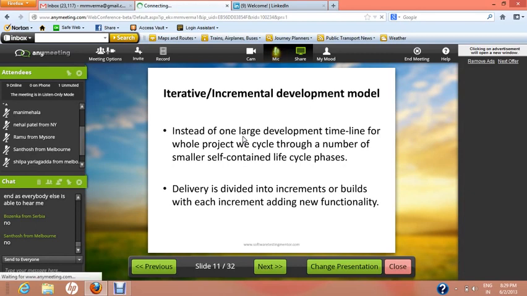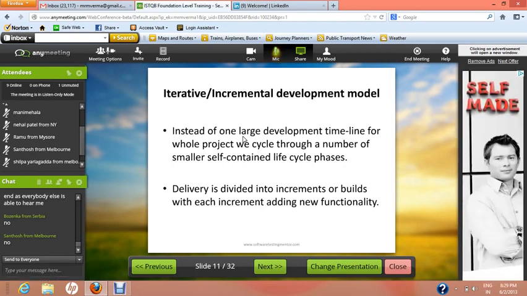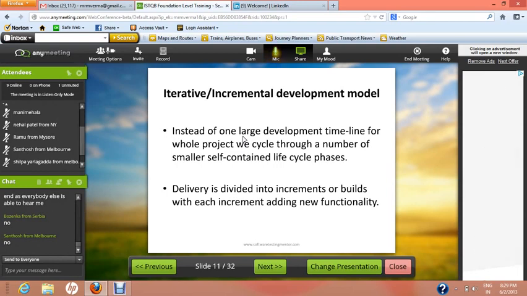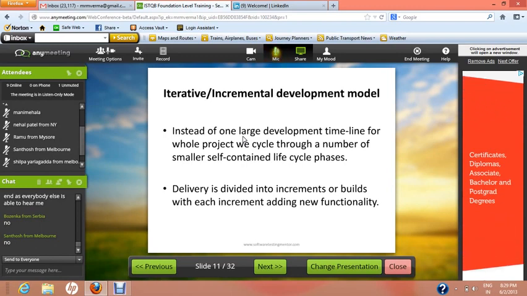They have to wait, and you never know when your competitor launched the product already in the market and captured the market share. So to address the issues with previous models, the iterative or incremental development model came,